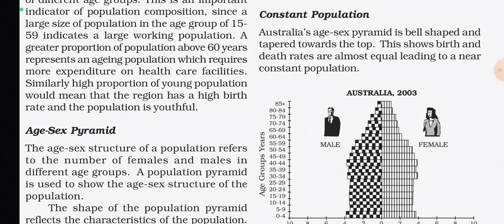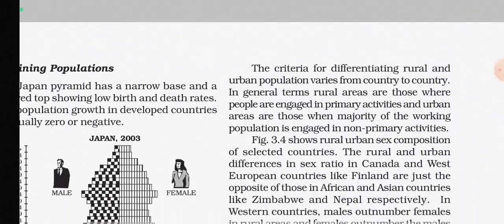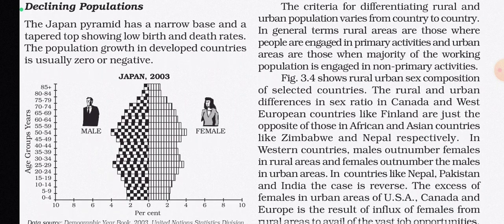Okay, constant populations. Australia's age-sex pyramid is bell-shaped and tapered towards the top. This shows birth and death rates are almost equal, leading to a near constant population. Declining populations. The Japan pyramid has a narrow base and a tapered top, showing